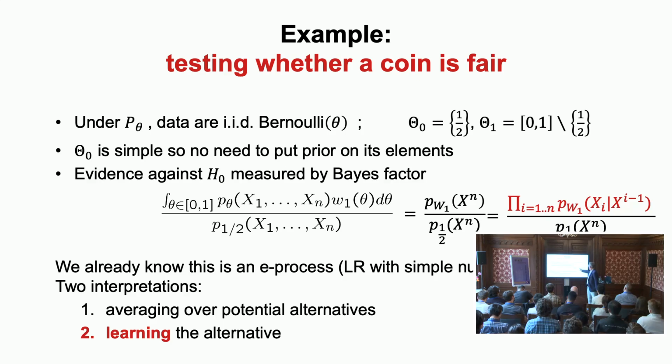But you can also think of this, because this is a marginal distribution, as a product of conditional distributions. That's always possible, right? Every marginal distribution. Previously I said I have a sequence of conditional distributions. I can look at what is the marginal distribution. Now I have a marginal. I can look at what is the corresponding sequence of conditional distributions. So the product of the one is always the same as the probability of the other.